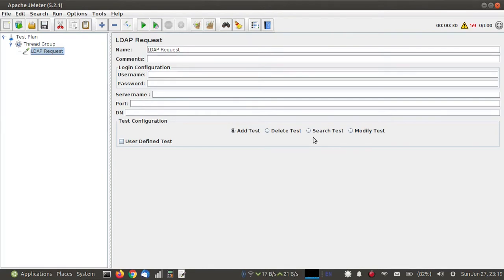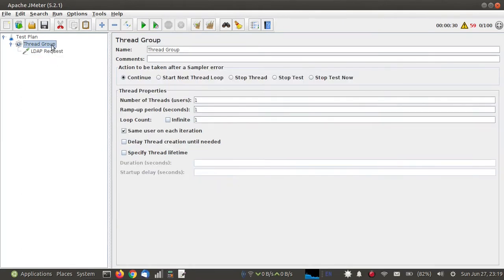But suppose there are multiple tasks we need to perform on the LDAP server, then we need to add multiple samplers here, and in each sampler we need to add login credentials of the LDAP server, which is not a very good practice. We need to add the credentials globally, and then each sampler will fetch the details from the config element.